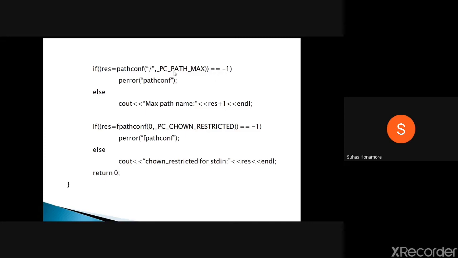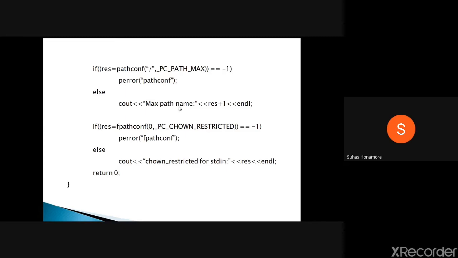If this macro is defined, it will return some value other than -1. If it is not defined, it will give -1. If it returns -1, it's an error, so we say path configuration error, this is not defined. If it returns something other than -1, we got some value and we print it.